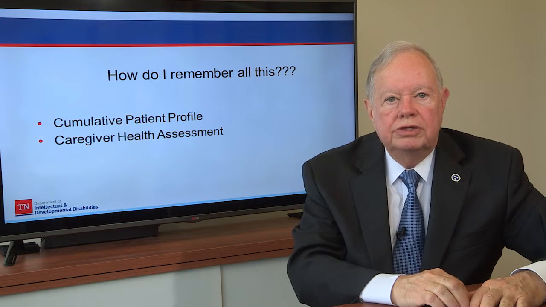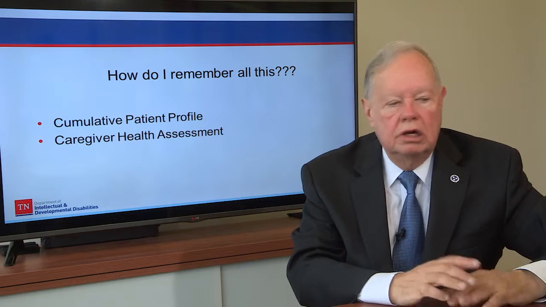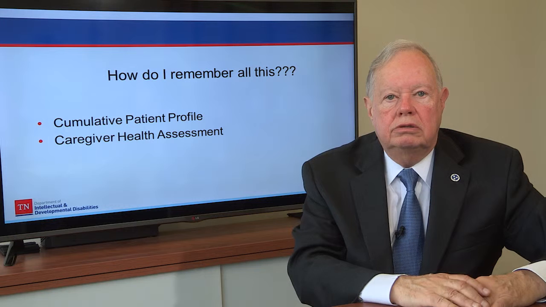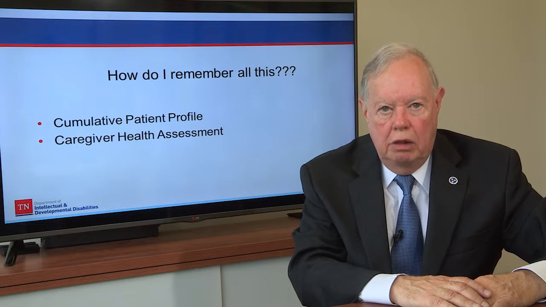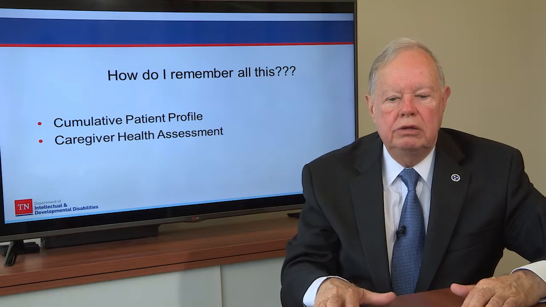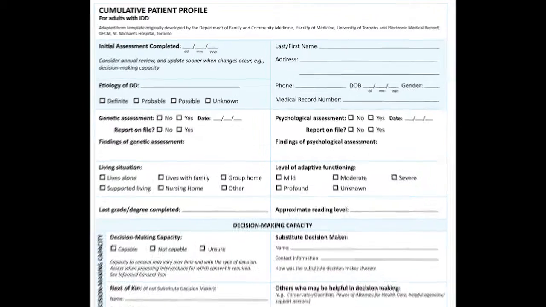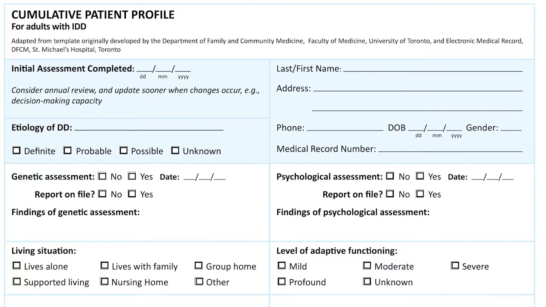So at this point, you're certainly asking, how do I remember all of this? How do I organize it? How do I record it? And so on. So I want to take you through 2 tools that can help you, and they're a little bit different. There's some overlap, but I think there's value in both of them. The first is the cumulative patient profile, and this goes through a number of things right up front on the first page the provider needs to know, and there may be some of these the provider doesn't even know she or he needs to know, depending upon the experience and training they've had.